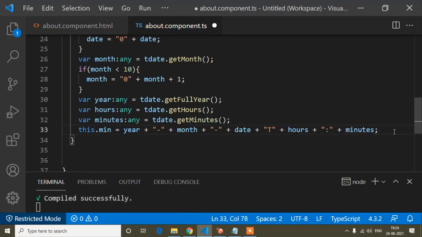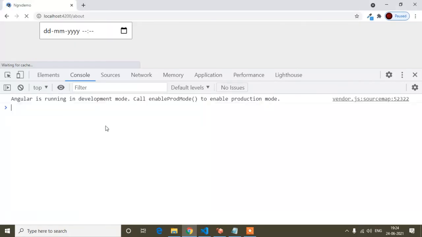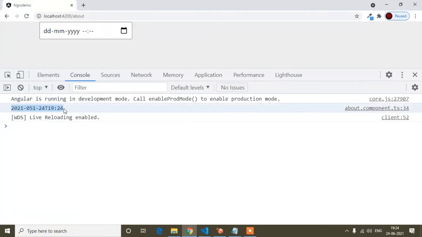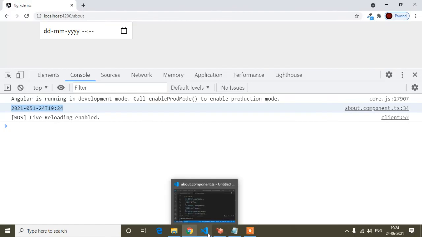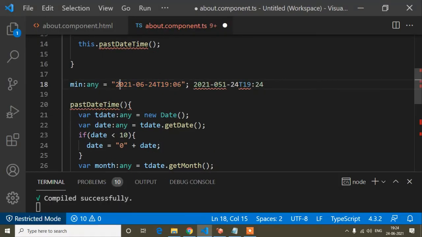Okay, so now if I print console dot log and then this dot min, you will find it will be returned in this format. So save, and you can see it's returning in this format. If I copy and paste here, you can see year, month, today's date.